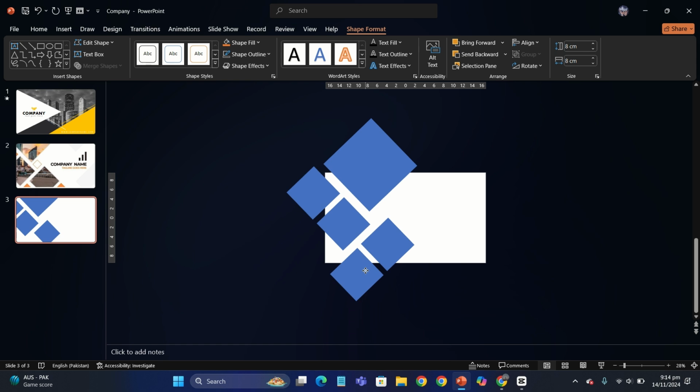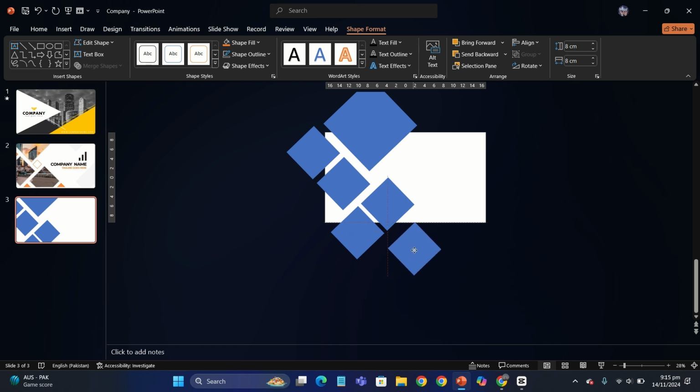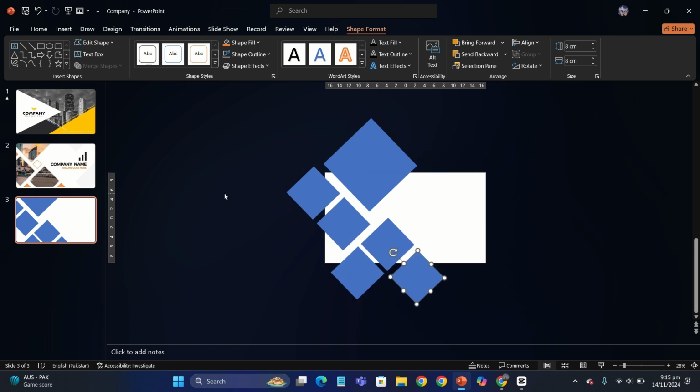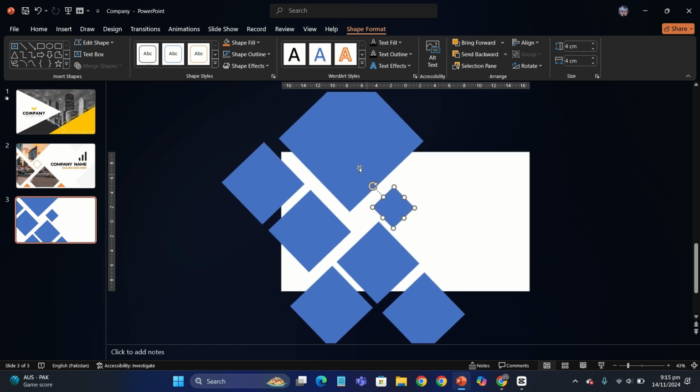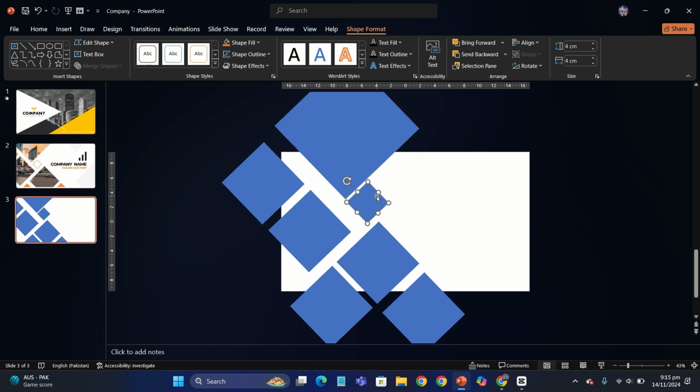Here you go. The next thing you're gonna do is place one of them right here and duplicate one again and place it downwards right here and decrease its size to about 4 centimeter of length and height and width. You're gonna make some space for it right here between this one, and the next thing you're gonna do